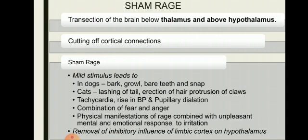And generally, in the animals with sham rage, there is tachycardia, rise in blood pressure, pupillary dilatation. There is a combination of fear and anger. So the physical manifestations of rage combined with unpleasant mental and emotional response to irritation is what you see in sham rage. And this happens when there is removal of inhibitory influence of the limbic cortex on hypothalamus, because when